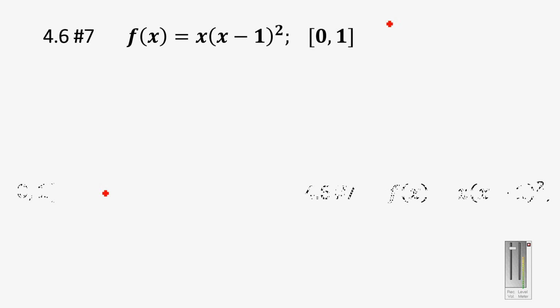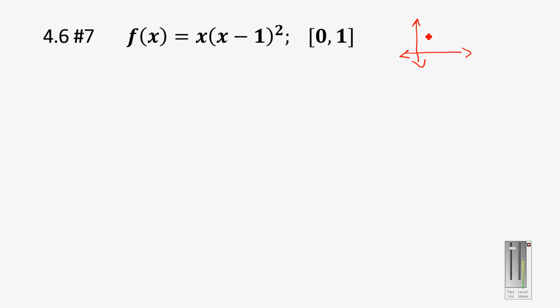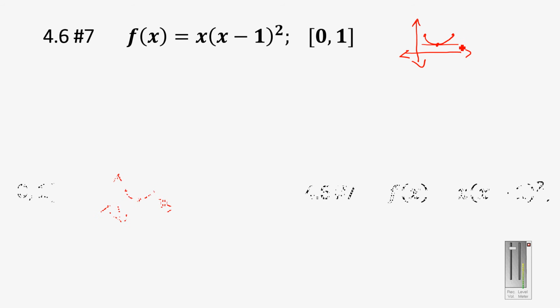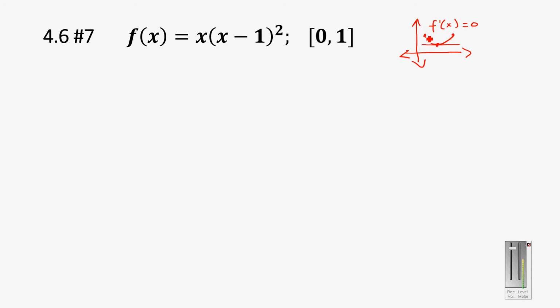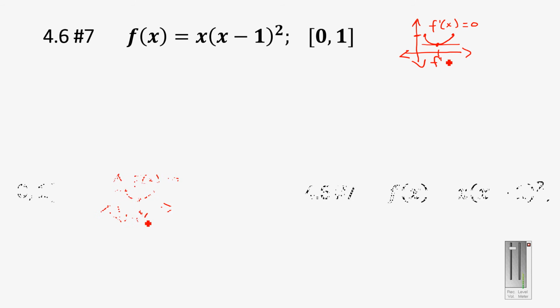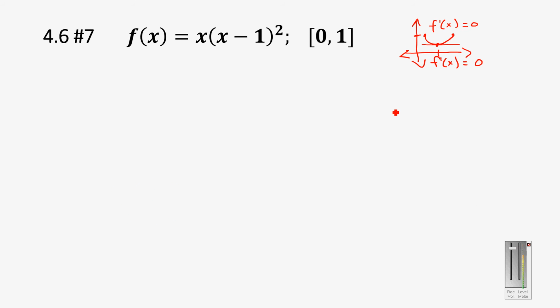Rolle's theorem says that if I have a function, it doesn't matter what that function really looks like, but if the endpoints are equal, like here and here, regardless of what that function looks like, there's guaranteed to be a point where the derivative is 0, as long as this is equal to this. So these are equal, there's guaranteed to be this point where f prime of x equals 0. Okay? So in order to determine if Rolle's theorem applies, we have to make sure that the endpoints are equal,